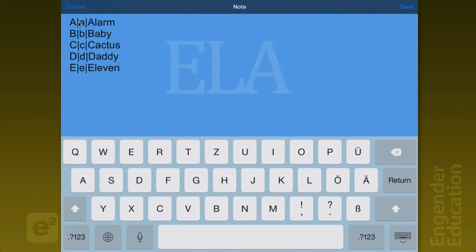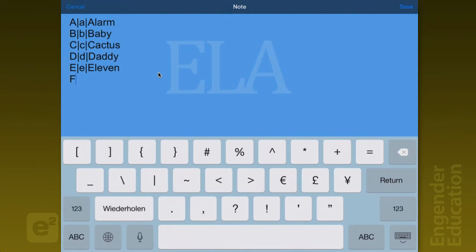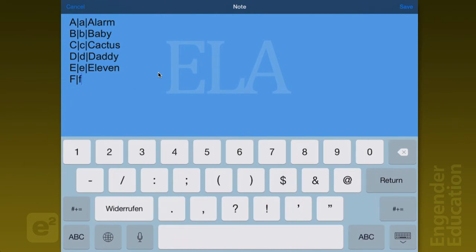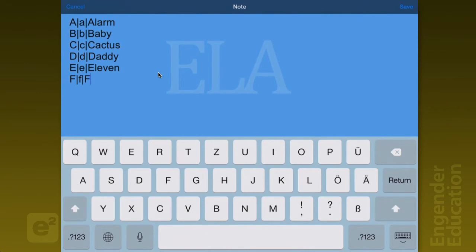Okay, we call it a pipe here to separate that. So this is important. So now you can add more. If you want to add here, you can continue to add F and go in here, lowercase f, and you can put whatever you want to,